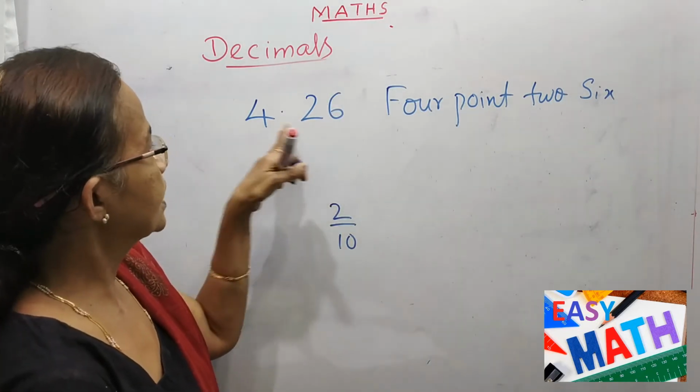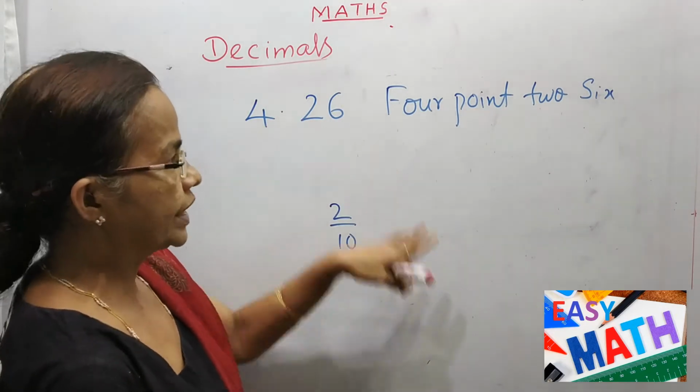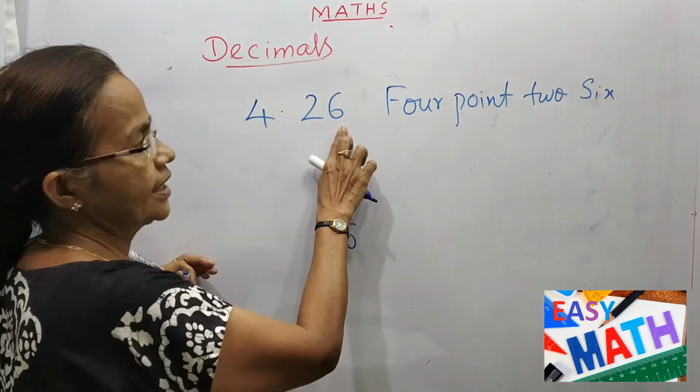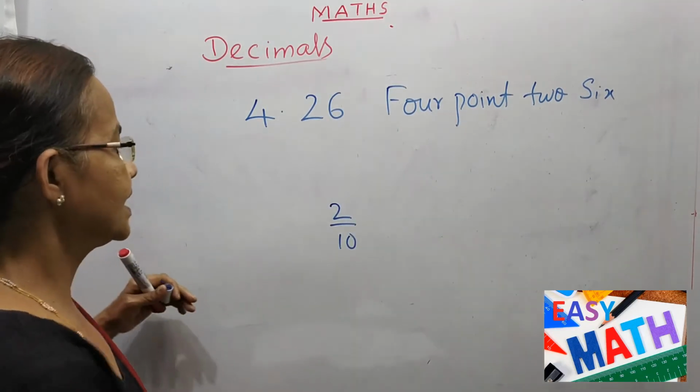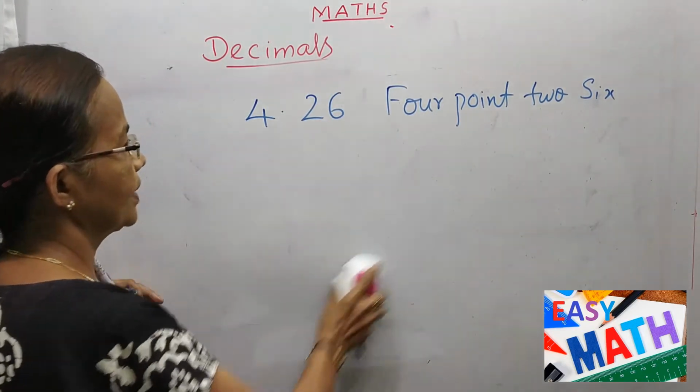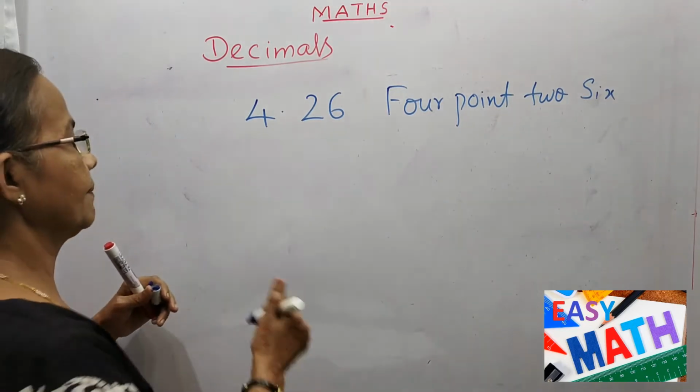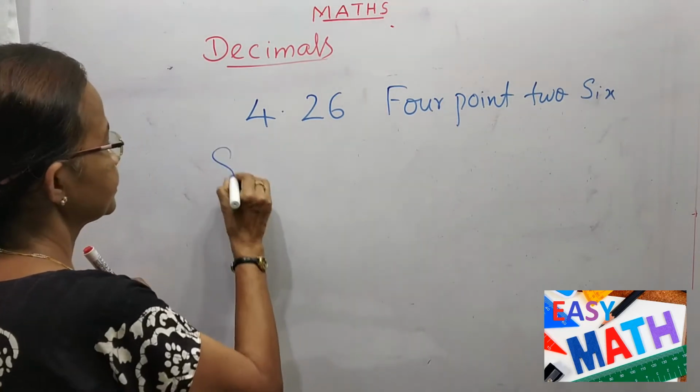See, we cannot say this as 4.26. The digit is separated. That is 4.26. That way we have to read it. That way we are writing the number name as a decimal number name. Then see if it is